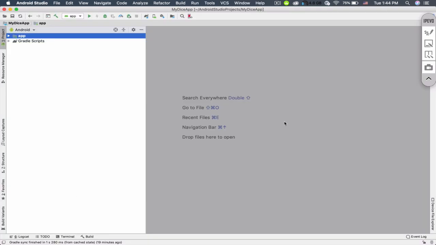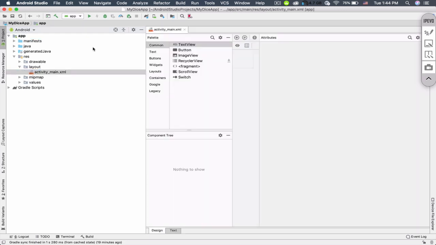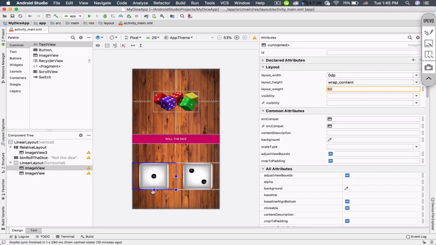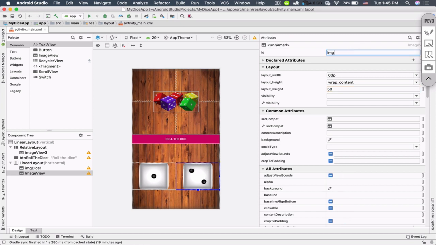So just go ahead and open your Android Studio. And then let's just go ahead and open the activity_main.xml. Open the app folder, res, layout, activity_main.xml. So here we're going to have a reference to our image views. This one, the dice one, and the dice 2. So just select the dice 1, and the ID should be img dice 1. And then select the second dice, and the ID should be img dice 2,